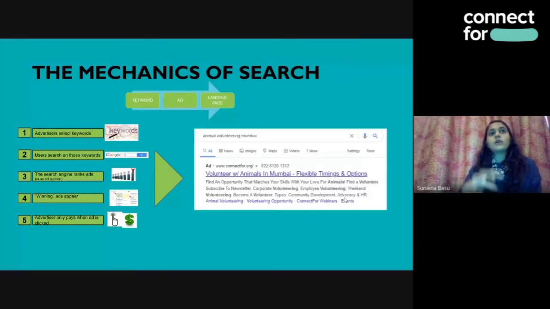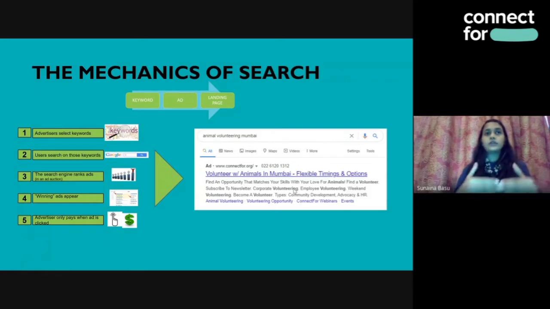So I'm just going to share a little bit about the mechanics of this search marketing, or how you could run it if you were to get your Google Grants account. It's basically three aspects working together. It's the keywords that you're telling Google you want to bid on. It's how your ad looks, and a very big part of it is your website. Google will take into consideration these three factors and align them.